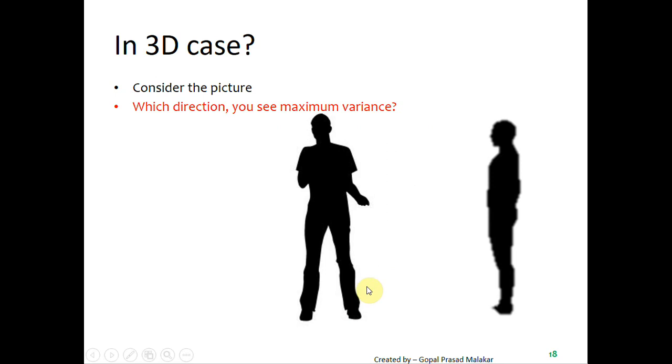First, you have axes passing through the center of the data points. So here is the center of the data points, and you have three axes. One axis is like this, another is like that, representing width and height, and the third dimension represents depth. Depth is this particular dimension. Now if you apply the definition we just talked about, where the variance is maximum when you put projections, which dimension do you think is the first principal component?